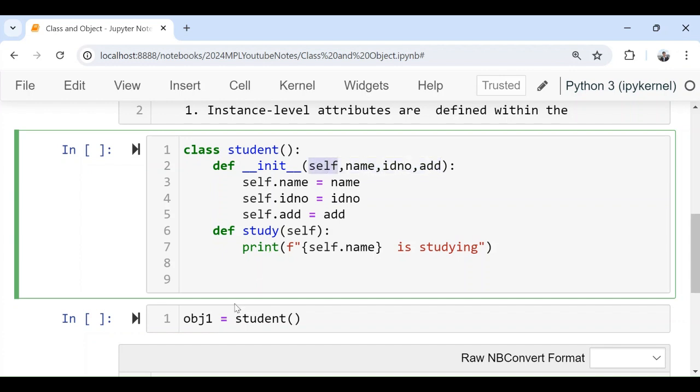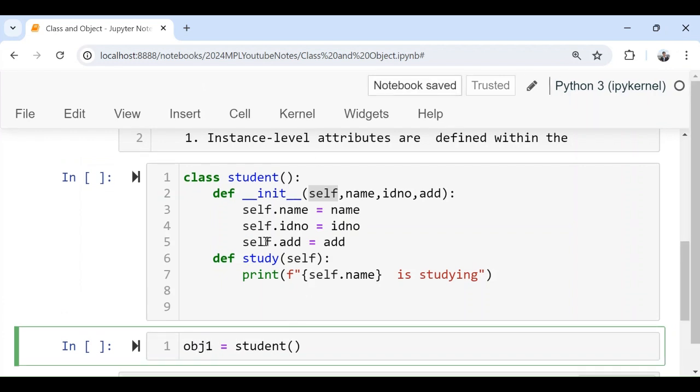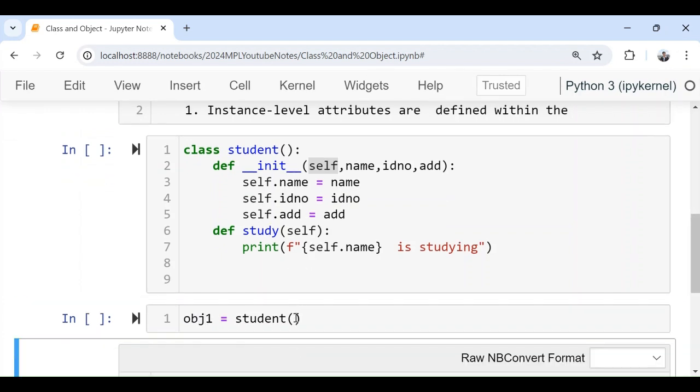And what is the self? This self is now object one. It means this self is a pronoun for object one. Now we are referring to object one, that's why we are not going to give anything about it. So first, object one will be stored inside self, and for name we will give, for example, Jamal,